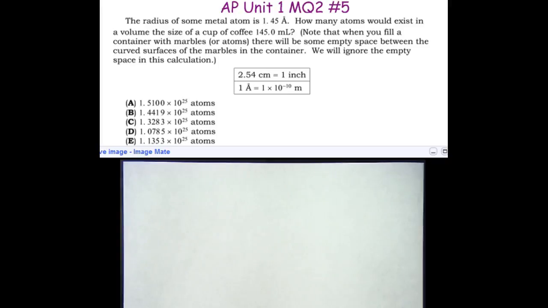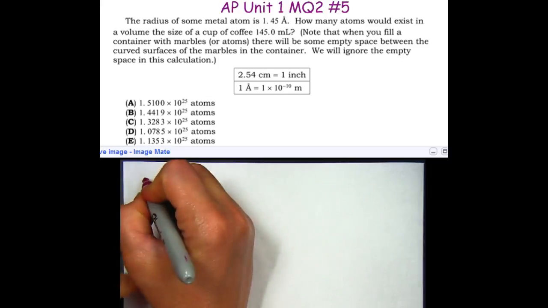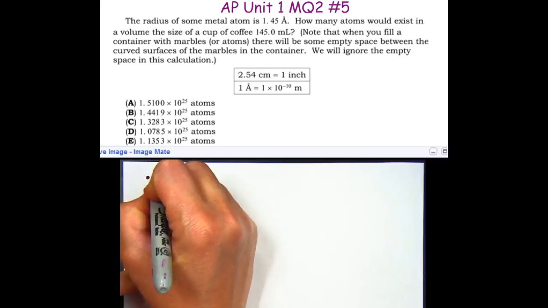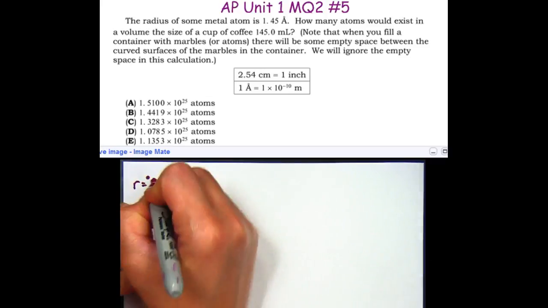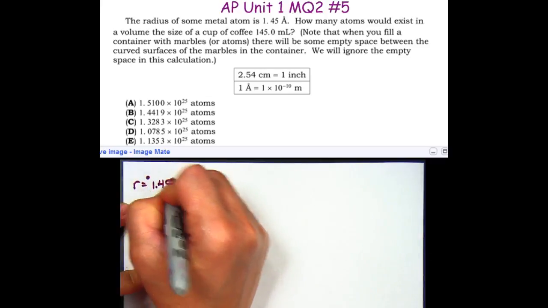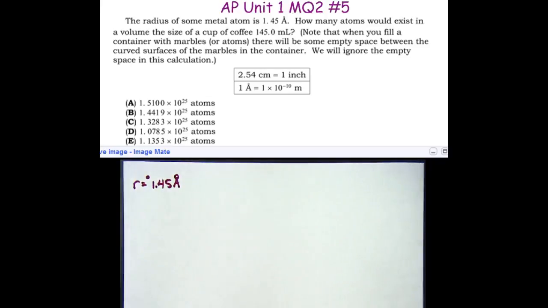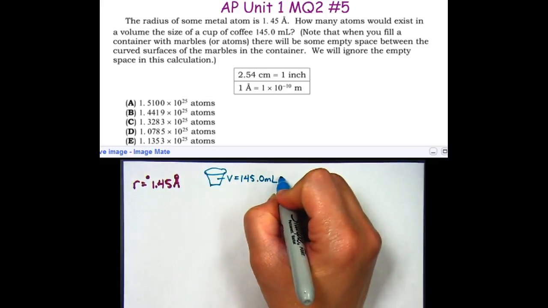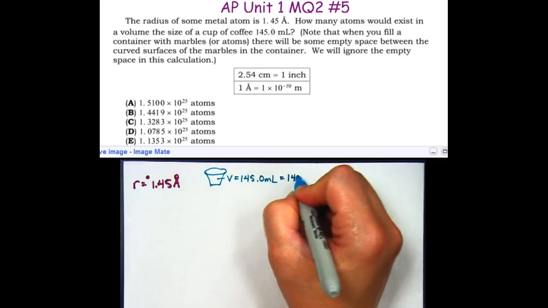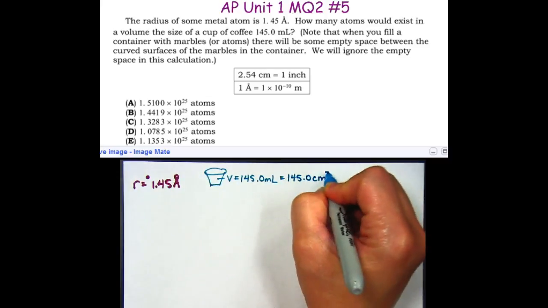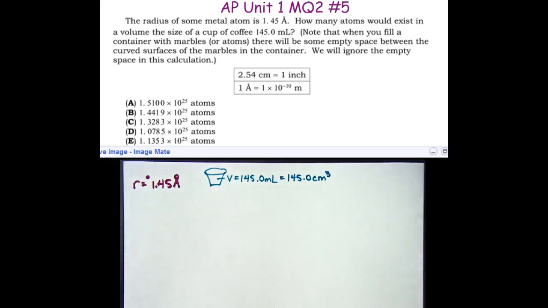The radius of some metal atom is 1.45 angstroms. So we'll have an atom here, and it's going to have a radius, R equals 1.45 angstroms. How many atoms would exist in a volume the size of a cup of coffee at 145.0 milliliters? Remember that milliliters is equivalent to cubic centimeters, which would be easier for us to